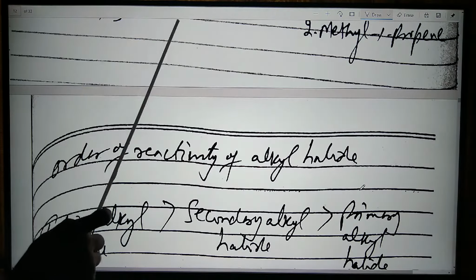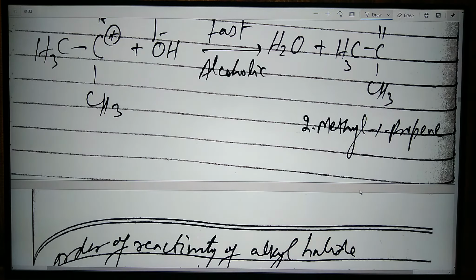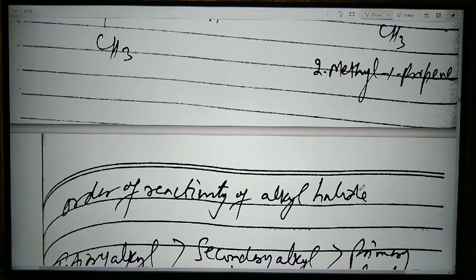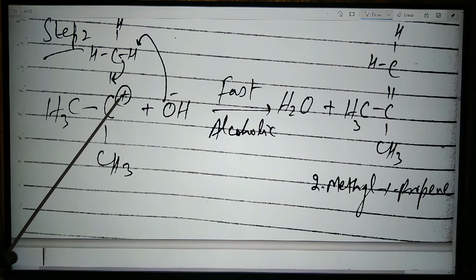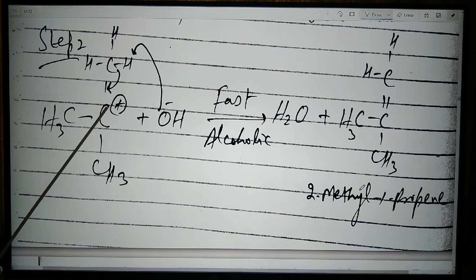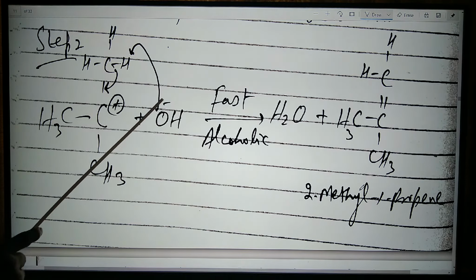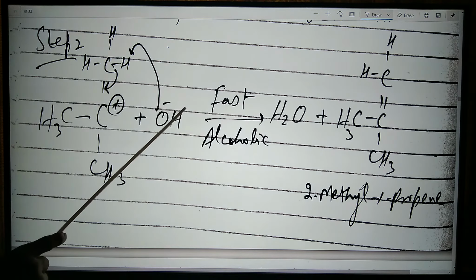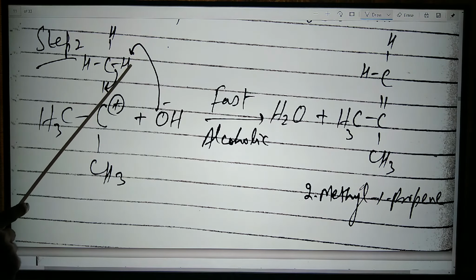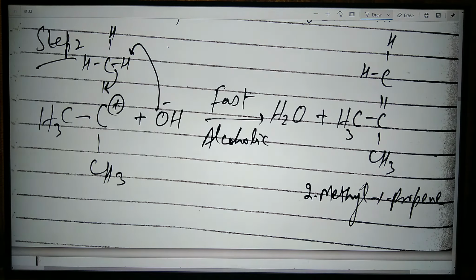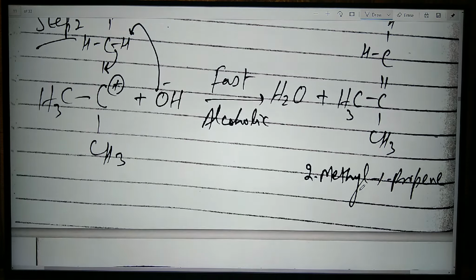You can explain this behavior. That is, basically in this case, the carbocation is formed, in which this is the beta hydrogen. So OH, this is the nucleophile or you can say the base, which will attack this hydrogen. So this base attacks the hydrogen to form H2O along with the double bond. So in this case, no substitution takes place, but only the elimination. So this is called the beta elimination reaction.